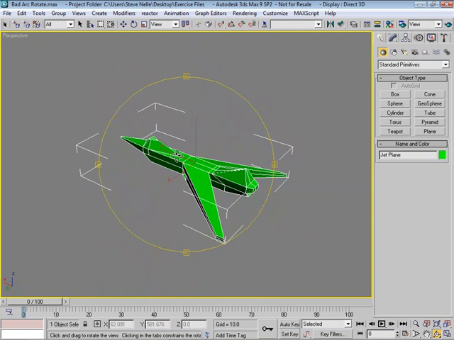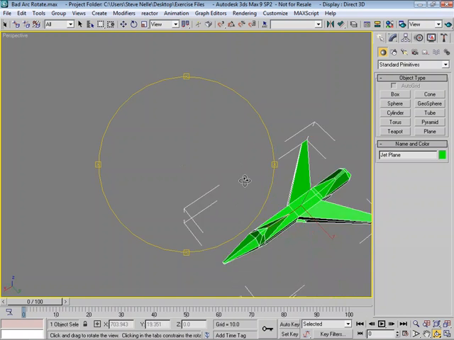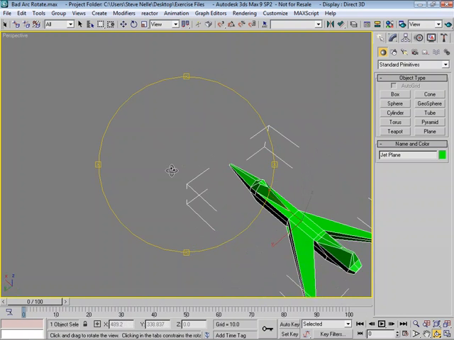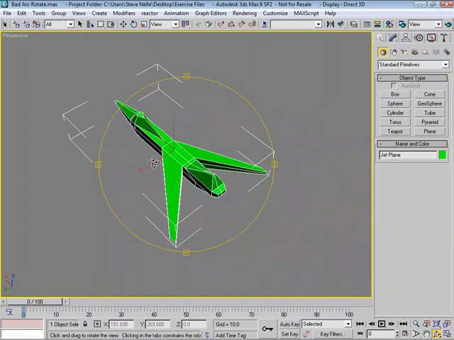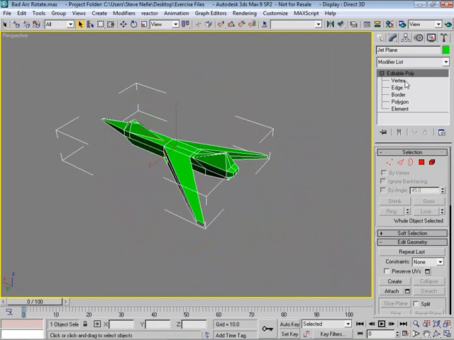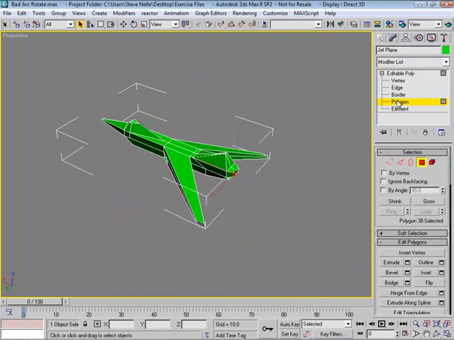Even if I pan this off to the side and do it from here, see how it arc rotates or kind of rotates around itself differently? Much, much easier to use. Now the last one I'd like to show you actually deals with having a sub-object selection. Let's go ahead and do this. We'll go to the Modify column. We'll click on Poly. And in setting up this file, I went ahead and selected a polygon on the back